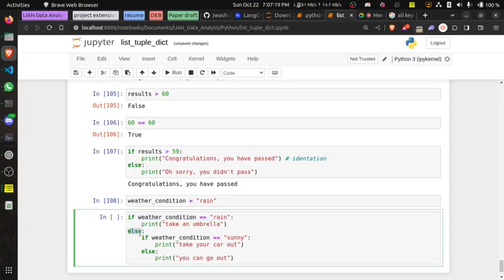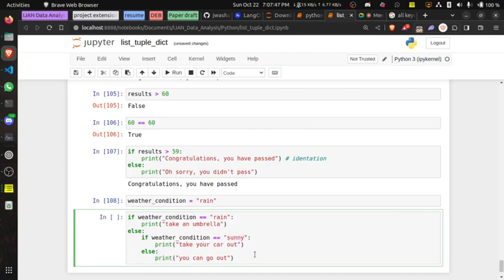Now inside the else, we still want to check for other things. We are not done. We still want to check if the weather is sunny, which is why we have to use another if after the else. And we put it like, if this weather condition is now sunny, print "Take your car out." Else, if it is not sunny, then you can go out freely.